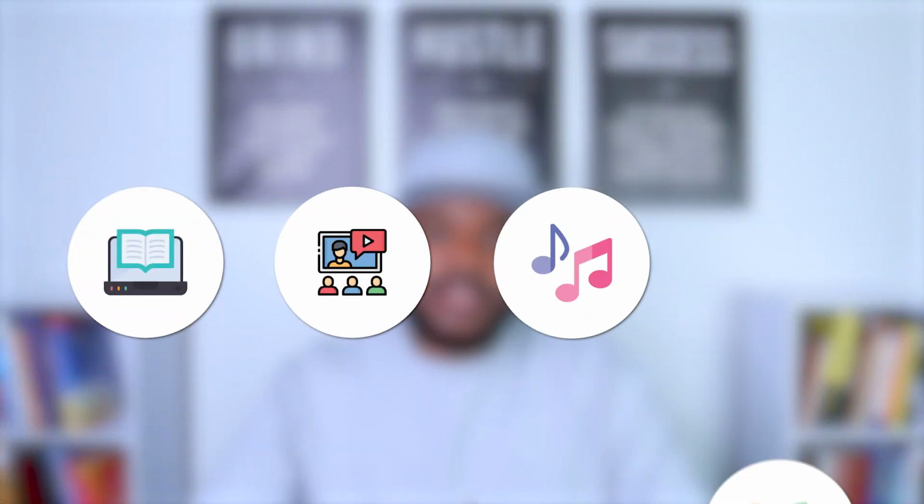And there's so many different types of digital products out there that you can sell. For example, things like ebooks, courses, music, images. There's so many different ways that you can make money by selling digital products. And if you're able to understand what goes into automating the entire process, again, this is going to put you in a position where you can generate money in your sleep. Because one of the best things about selling digital products in comparison to, let's say, selling physical products is that you don't actually have to physically fulfill the order to the customer.